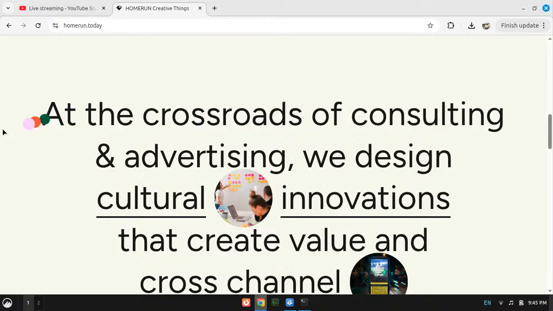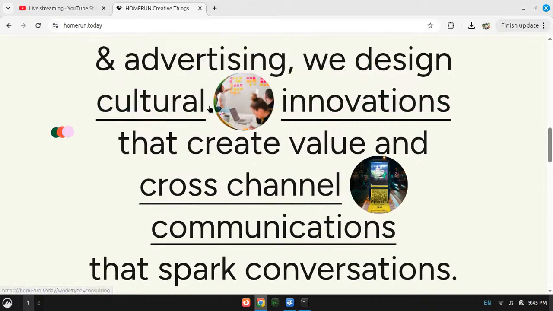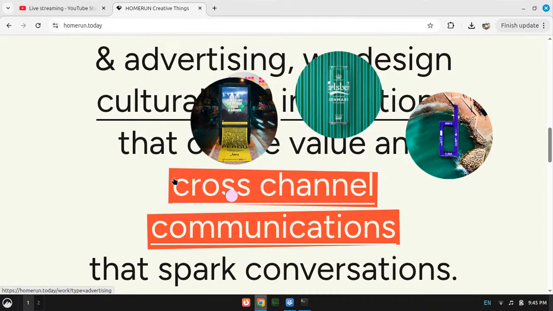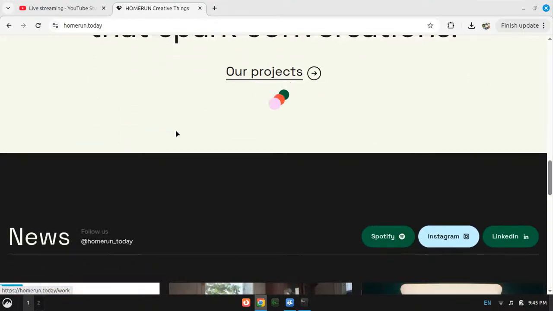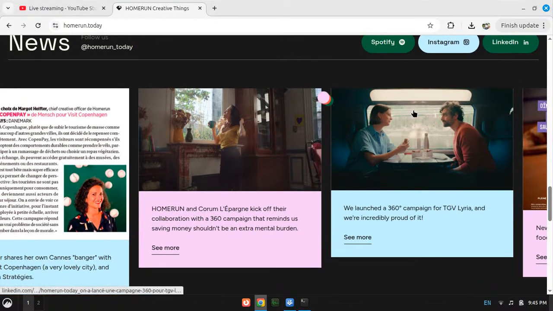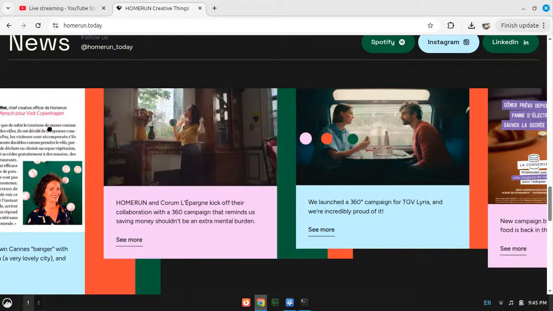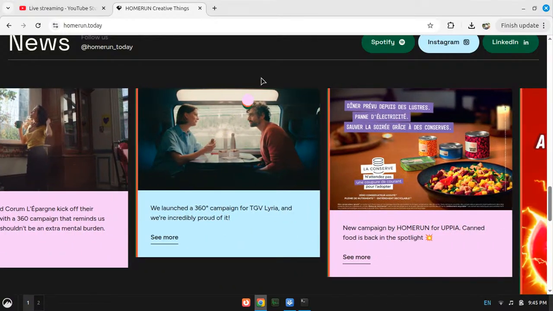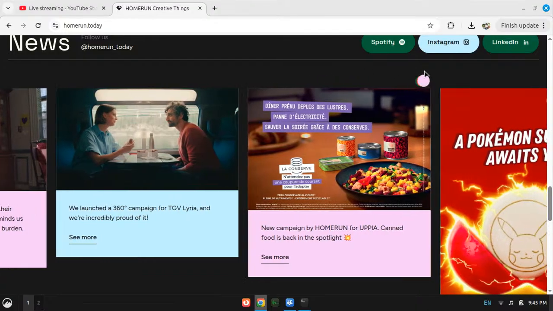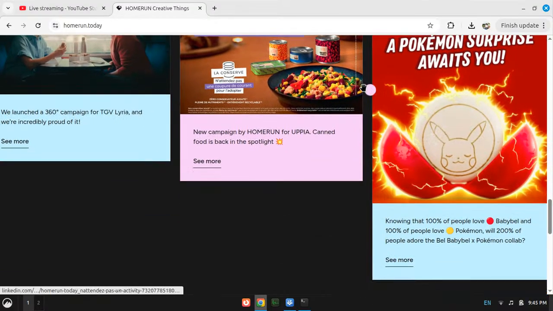Let's take a look at the website. There are some pretty interesting animations here. And this is our project. This is a sliding cards type of thing, and I'm not that much into sliders and have very little experience in them. I might skip this part.